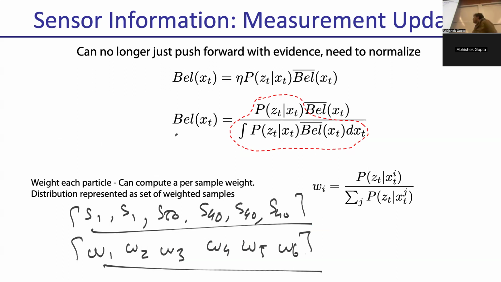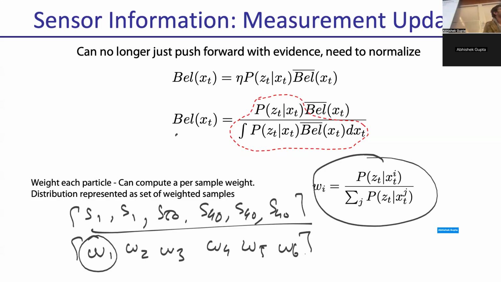Okay. So in our motion update, these remain the same. These move with the dynamics model. In our measurement update, these will change. These will remain the same. So what's going to happen is that I'm going to take each of these weights and multiply by this factor, which is P of Z divided by the sum of P of Z,